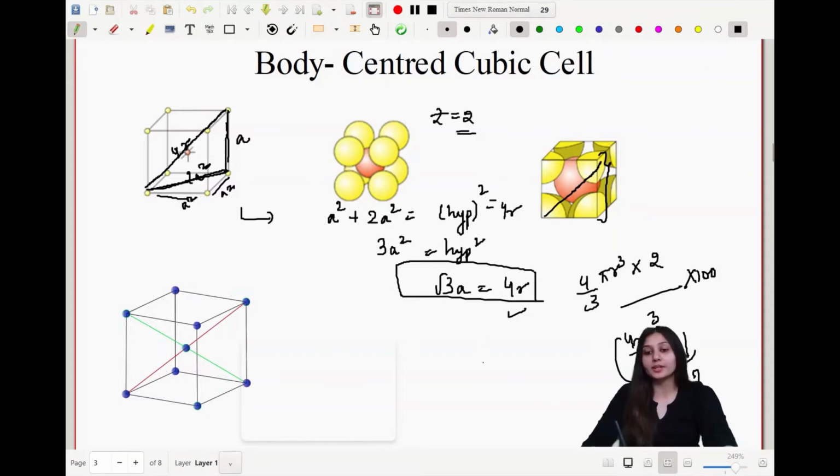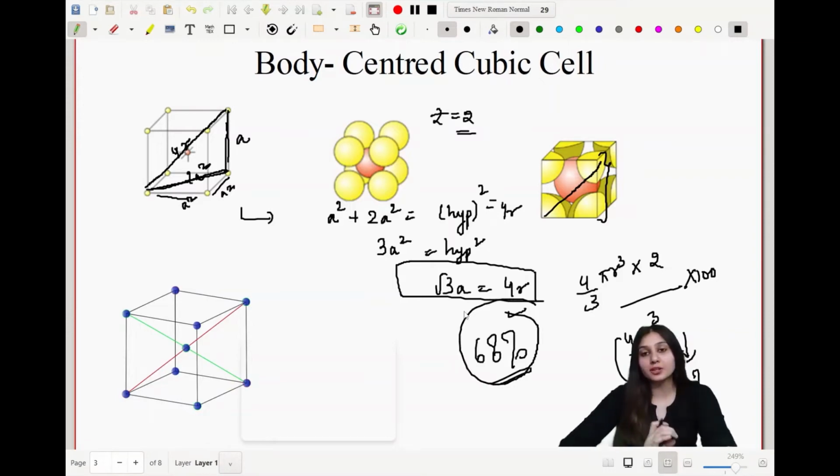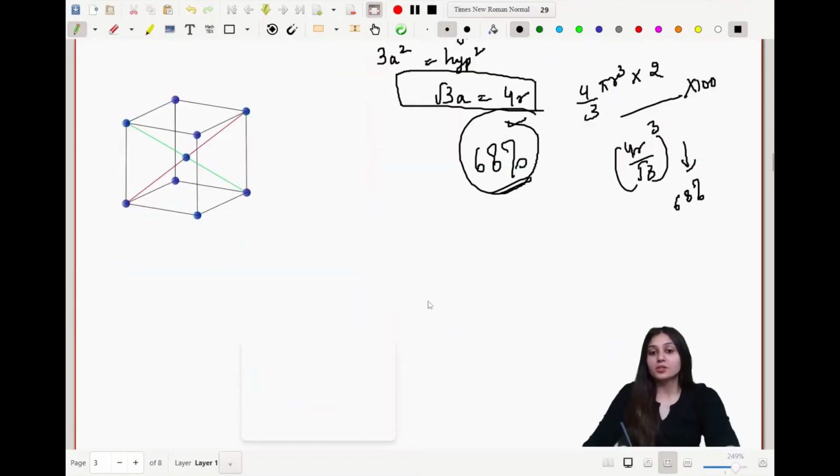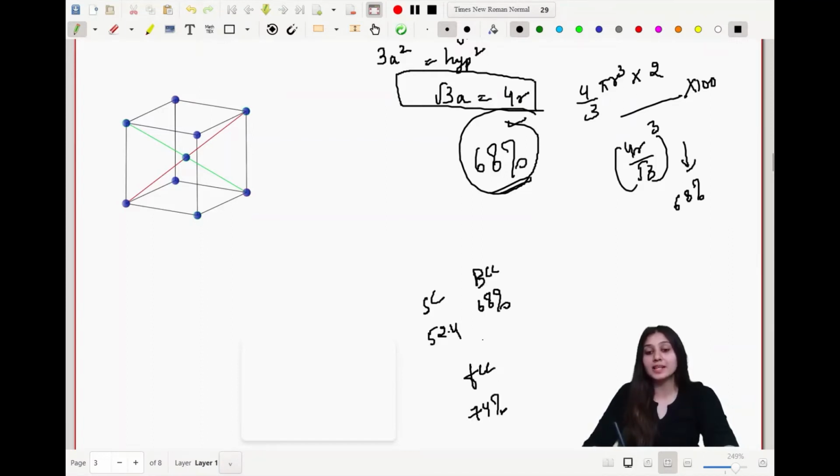Okay, I'll just write it here. We get the answer as 68%, and 68% is the total packing efficiency of a body-centered cubic cell. And if we compare all these three, in simple cubic we have 52.4%, in body-centered cubic we have 68%, and in face-centered we have 74%, which means face-centered is the most efficient packing,